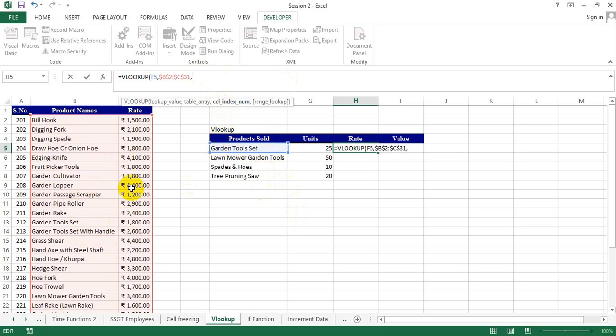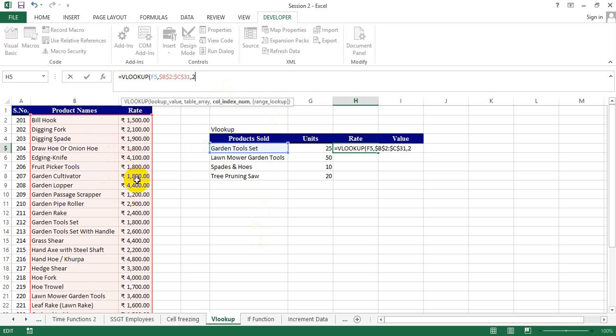So in the selected table array, the information that I am seeking could have been arranged in just any column number. Now interestingly, this particular table array that we're using here essentially just has 2 columns, and the information that we are seeking, that is the rate, is there in the second column. So here we would just put a 2. Had this been a table which had multiple columns, then we would have given the column number which had the